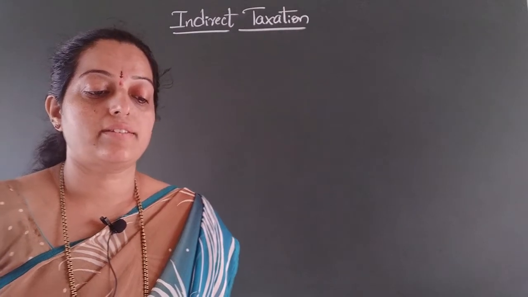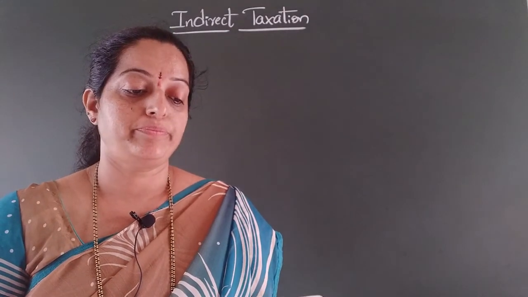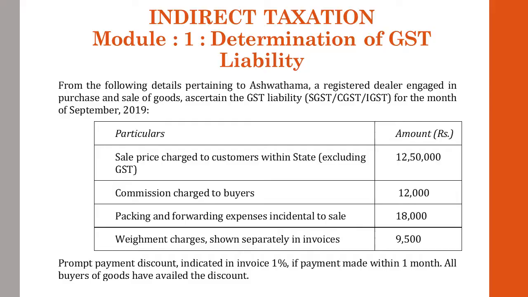The problem is like this, you can refer to the slide for the problem. From the following details pertaining to Ashwathama, a registered dealer engaged in purchase and sale of goods, ascertain GST liability, that is SGST, state GST, then central GST and integrated GST for the month of September